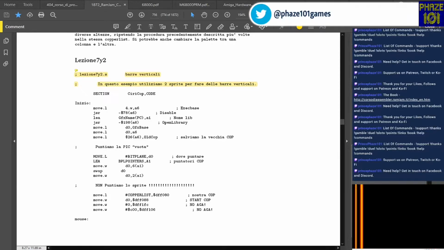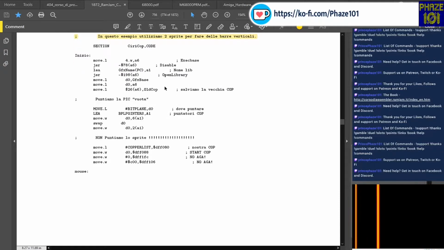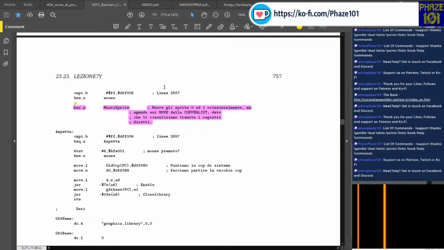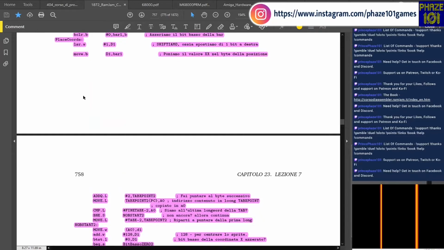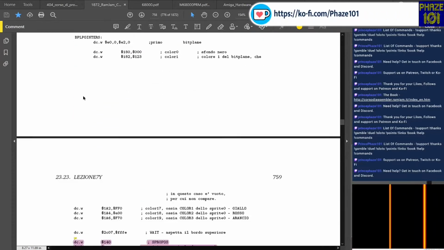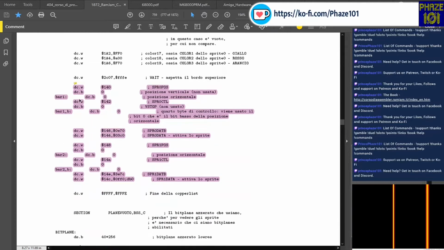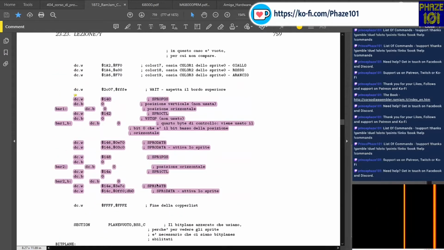So what do we have here? I'm just going to start a bit from the bottom. Just notice that we have a routine move sprite, which we've seen before, and you're going to recognize it soon. But for now, I'm just going to go a bit further down. So to move these sprites, here we have the data of our sprites, the 2 sprites that you see there. We are writing at these locations